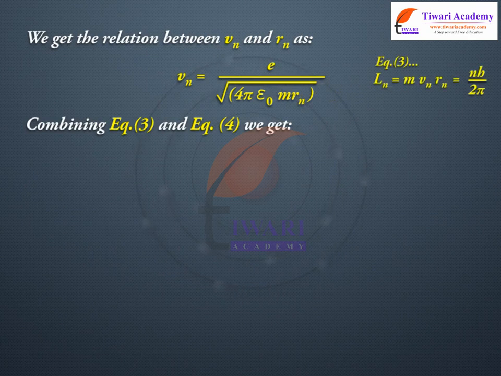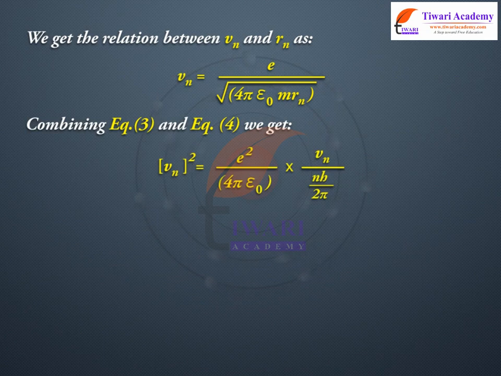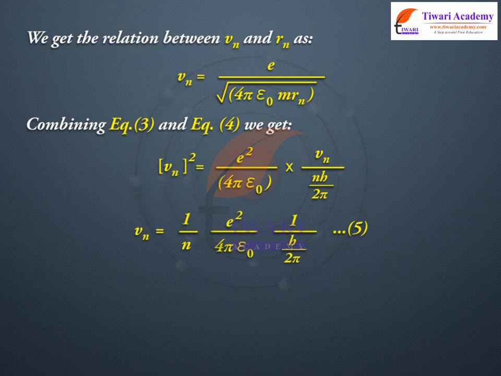Combining equation 3 and equation 4, we get Vn whole square is equal to e square upon 4 pi epsilon naught into Vn upon nh upon 2 pi. Vn is equal to 1 upon n, e square upon 4 pi epsilon naught, 1 upon h upon 2 pi,